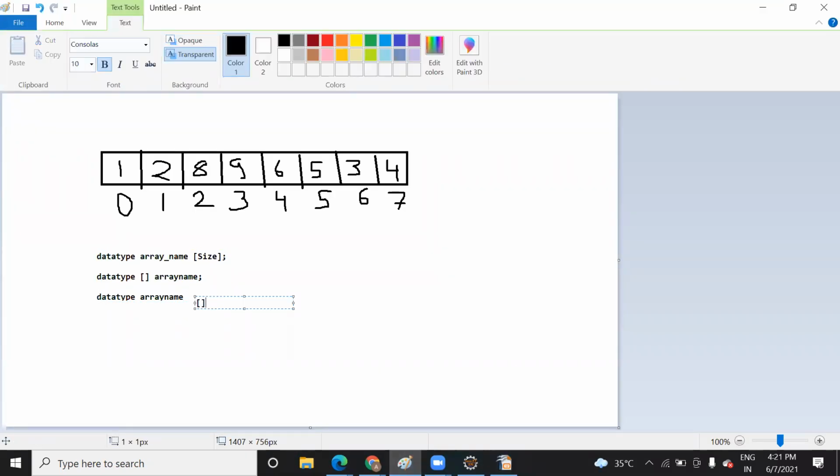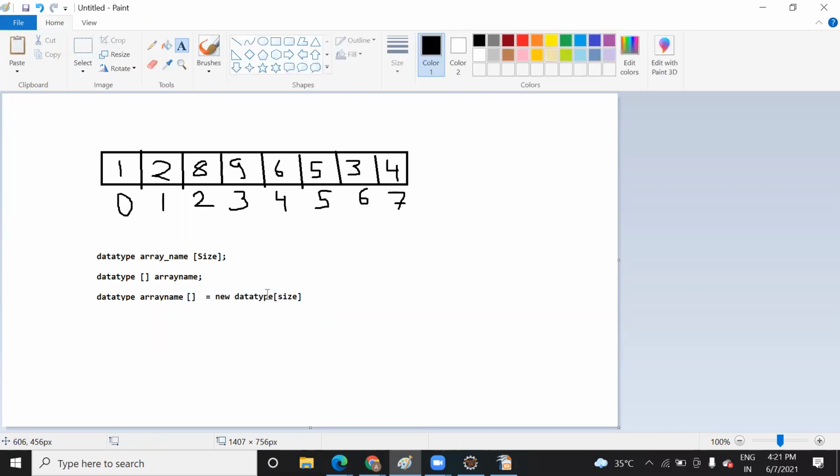You can take the subscript before, after, whatever it is, equal to new keyword, again data type, then inside the square brackets you will define the size. So this is one representation.